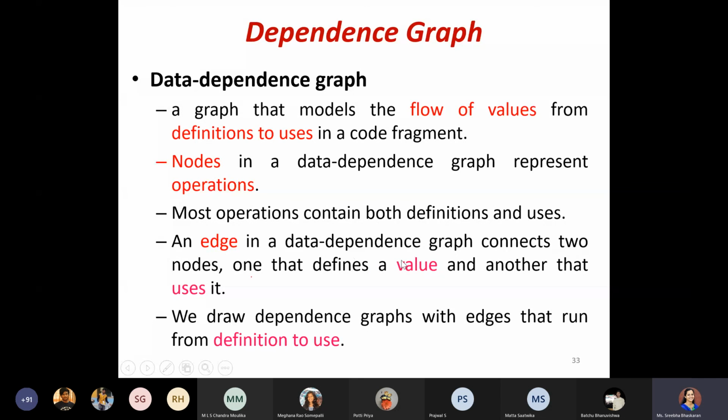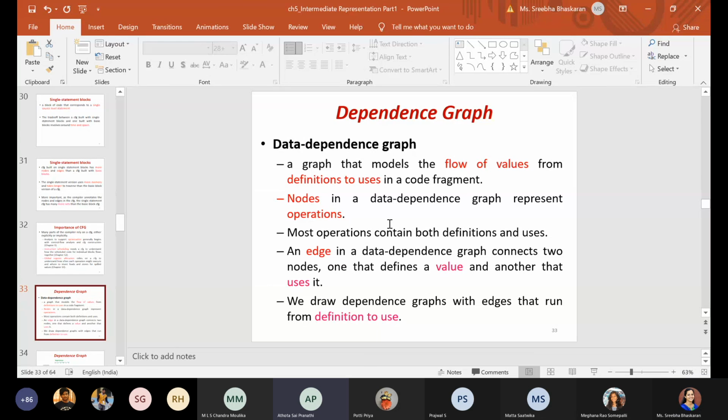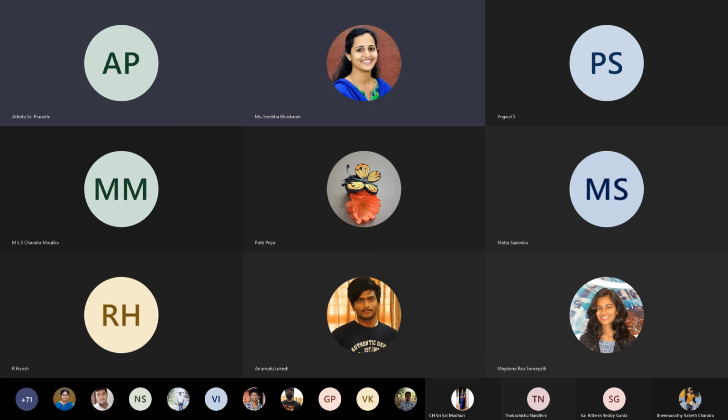Ma'am, in that list 4 members were not there. Harshavardhan is with another team, but his name was not there in the list. So I asked him to join the group which he was telling, and the other 3 I told them to form a group and decide the topic by today. Okay. Thank you, Pranati.